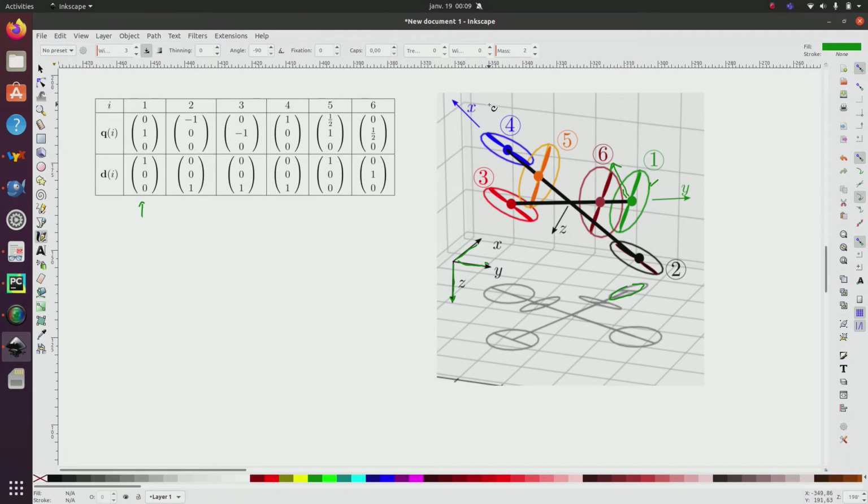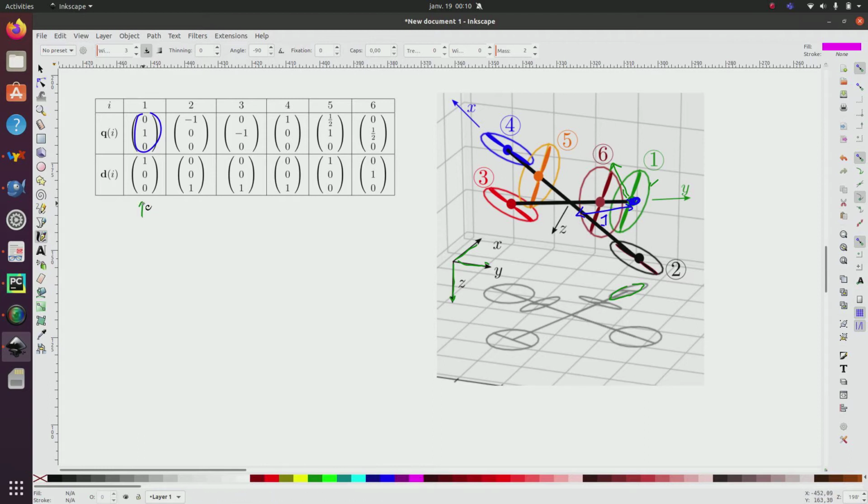So how can I understand this? This one is 0, 1, 0. It means that I have only 1 with respect to the direction y. So it corresponds to x equals 0. Y equal to 1, so I am in the direction of 1, and this means that I have 1 here. And 0 with respect to z. So we have this point, which corresponds to this point.